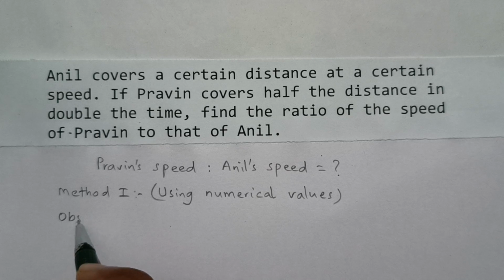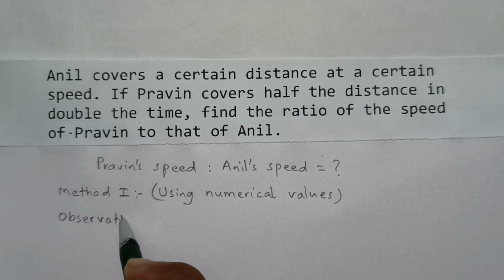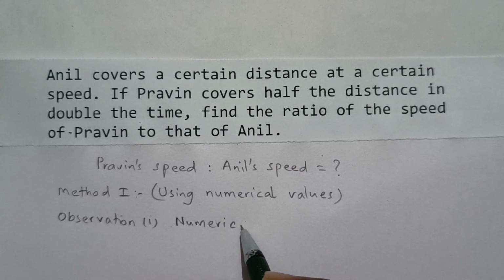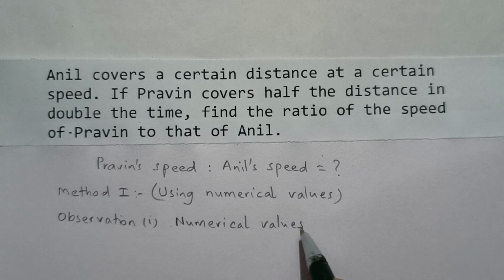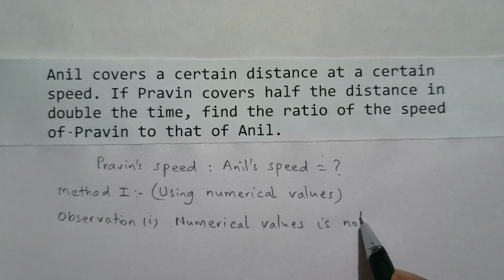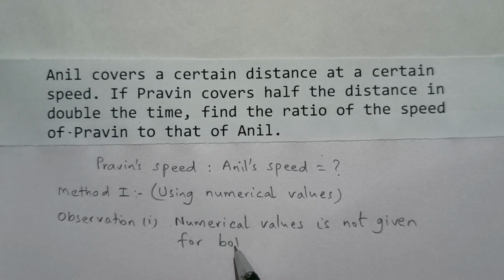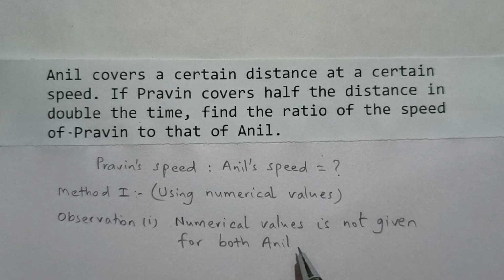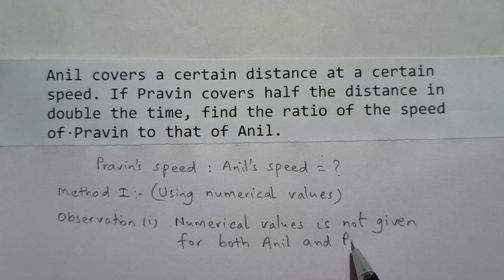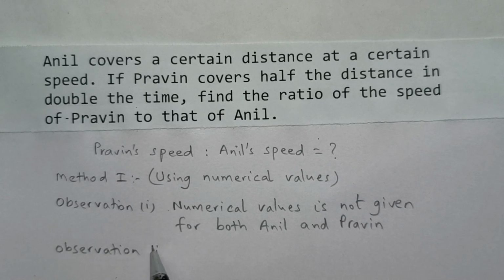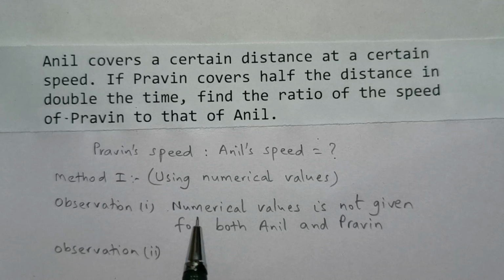So observation number 1 is numerical values are not given for both Anil and Praveen. So this is observation number 1. And we can make another observation. The other observation is